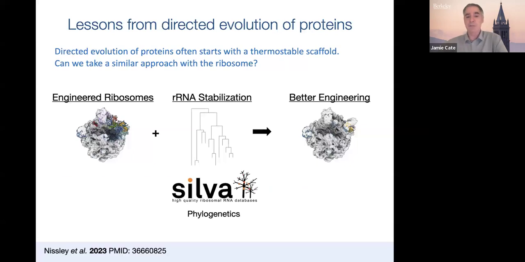So we started by using what's called phylogenetics, again using sequence information. There are a lot of groups out there sequencing environmental samples to see what kinds of microorganisms are there, bacteria, archaea. Those sequences can be aligned with each other. This is a database where you can do that. It's called the Silva database and has high quality ribosomal RNA sequences. You can look this one up and use it to try to find places where we can make mutations.